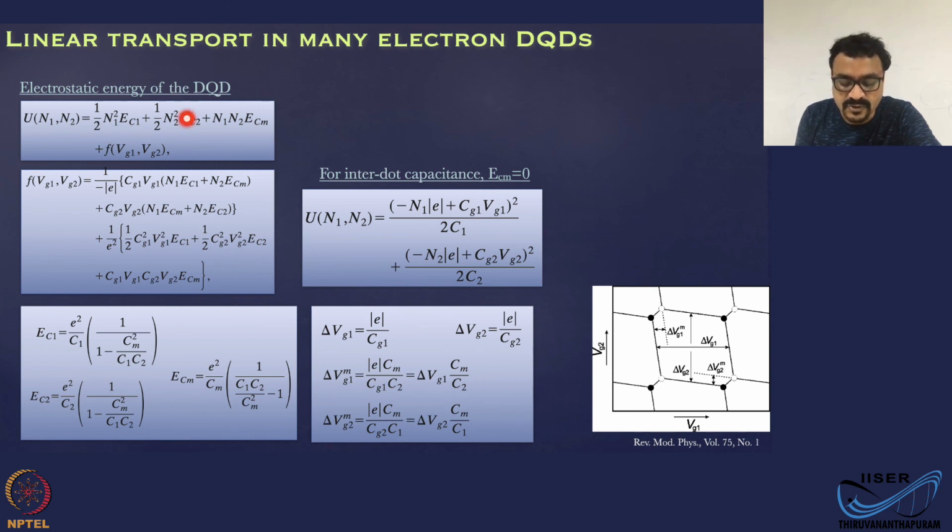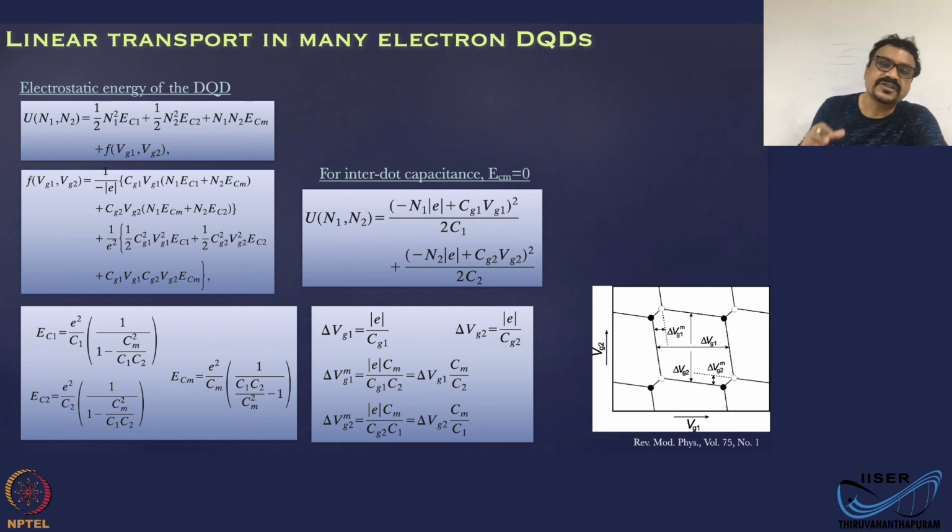This is for dot 2, n2 square EC2, and this is how n1 n2 ECM, the electrostatic energy of dot 1, is going to change when you have an extra electron on dot 2, and dot 2 is going to be affected when you have an extra electron on dot 1. Okay, and f is some function of Vg1 and Vg2, and that is given here. This is all very simple